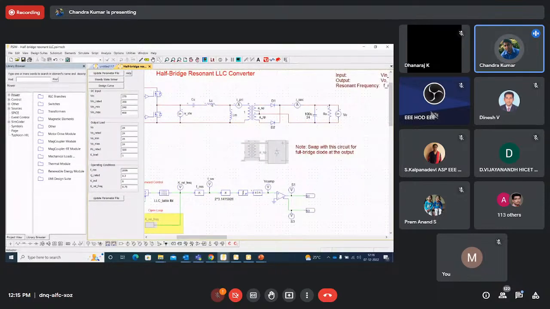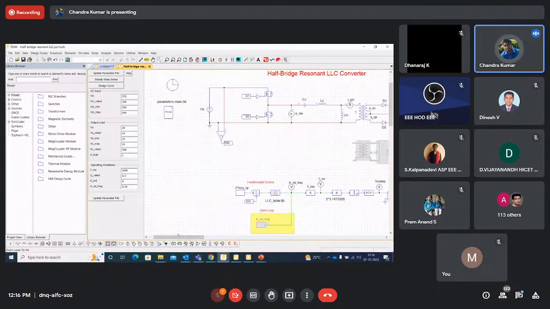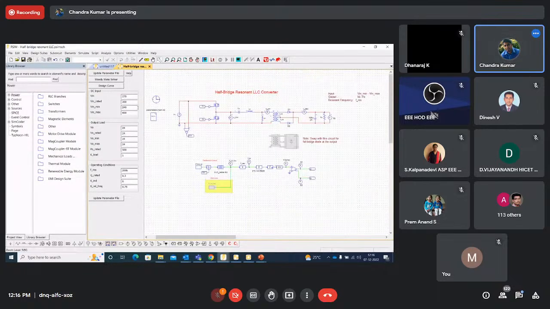Okay, these are the resonant capacitors and inductors, and you have the transformers here. So the beauty of this topology is how quickly you can design your power supply onboard charging station. So let me fit in this. What we have here is you can update your steady state curves here.